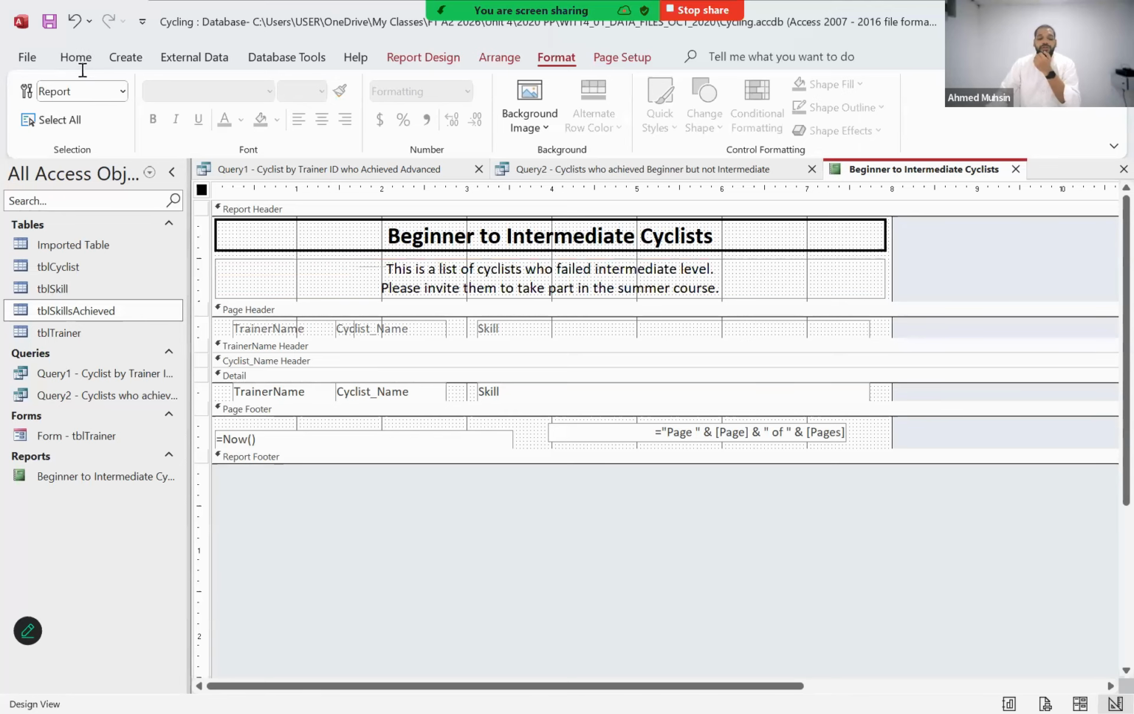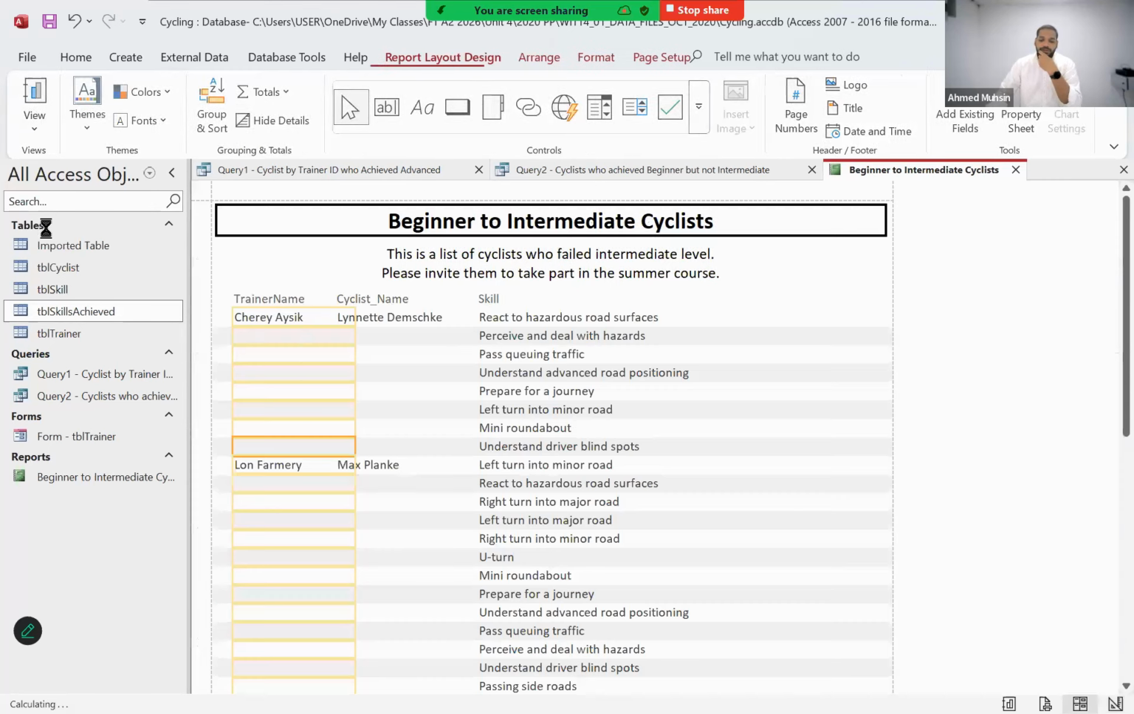Okay. Let me show you how it looks in layout view. There you are. This is what it looks like. This is a list of